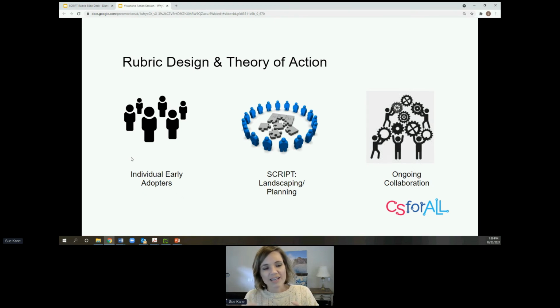So through that script and landscape planning, you're able to identify those early adopters, and you're able to scale it and do capacity building. And that by itself would be a pretty neat strategic plan, but that's not where we want to stop. The idea is that you can actually create a community that is mutually reinforcing, and through ongoing collaboration, it actually will continue to get better. It will actually elevate the practice of even that early adopter. So you get a reinforcement cycle of the best practice getting even better if you do this right. And I'm going to show you what that looks like here on the rubric in just a second.